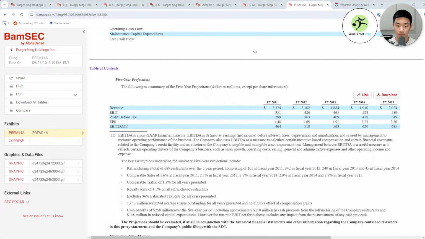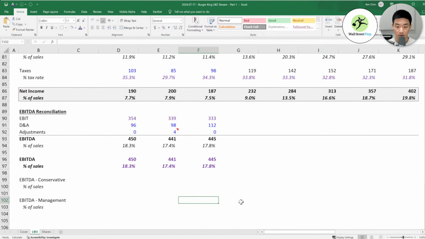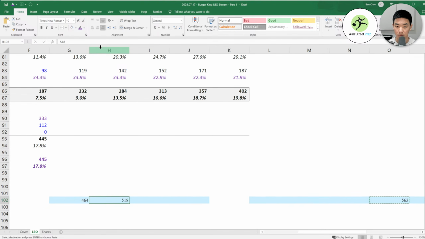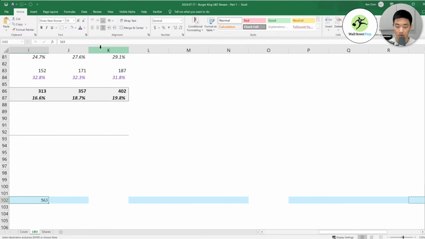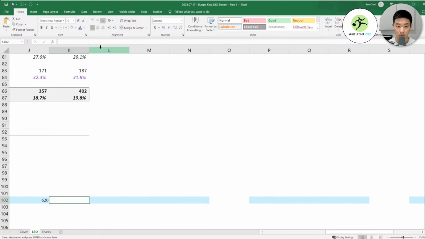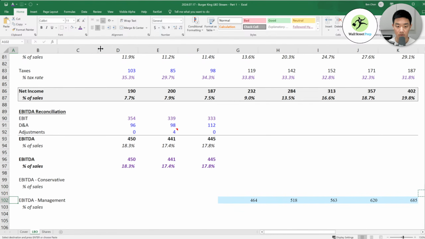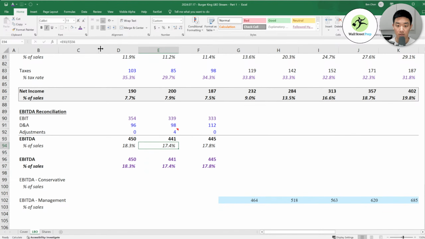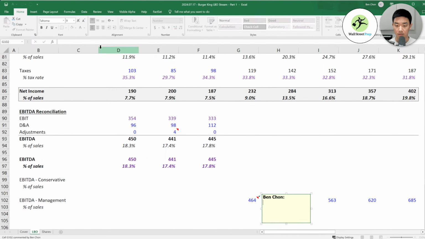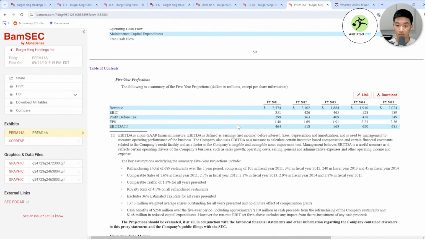So this is management. And these are hard codes. This is in the pre-M&A page, 60.